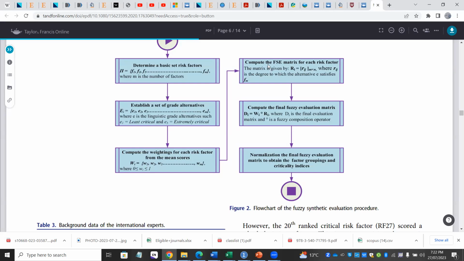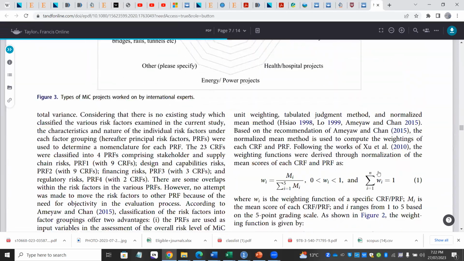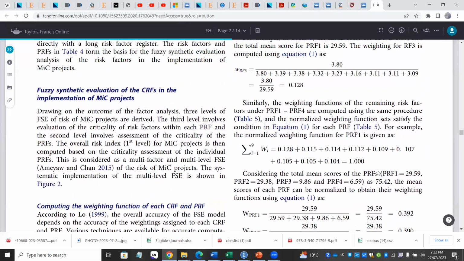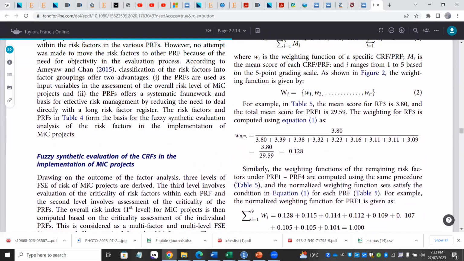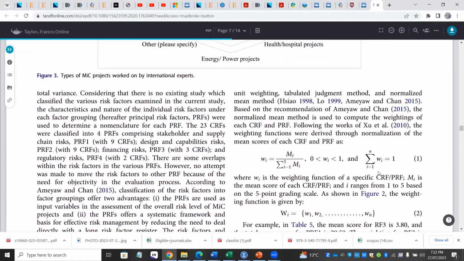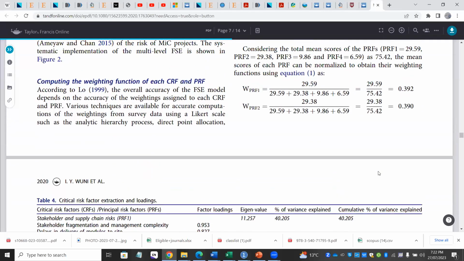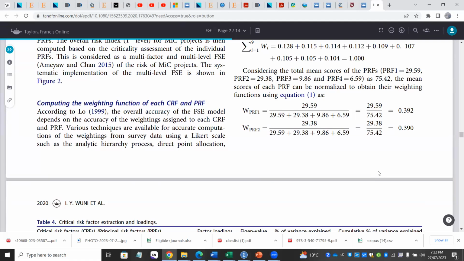So now the next thing to do is compute the fuzzy synthetic evaluation matrix for each of the risk factors. So that's what we are going to do. So let's go there. So how do we do that? Let's see what Dr. Wuni did, and I'll also show you exactly the same thing in what I've done in my Excel sheet. Okay, so we have already tackled this. So this one is just giving you, if you want to compute it manually,